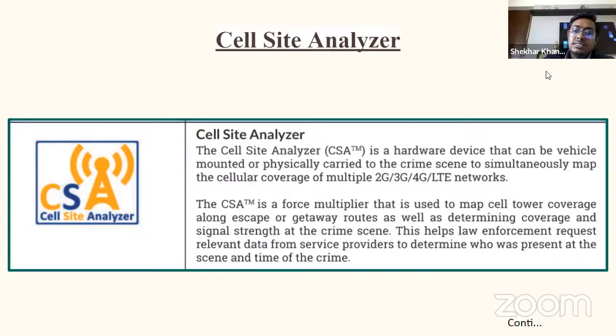तो उस चीज के लिए ये टूल है CSA, जो कि 2G, 3G एंड 4G सेल आईडीज को कलेक्ट करता है एक साथ सभी सर्विस प्रोवाइडर की, वो भी विदाउट सिम। वो सारी सेल आईडीज जब कलेक्ट होती हैं उसके साथ साथ वो उस स्पॉट की सेल आईडीज कलेक्ट भी कर सकता है और रूट की सेल आईडीज भी कलेक्ट कर सकता है। सारी सेल आईडीज को वो दो तरीके से कलेक्ट करता है, एक